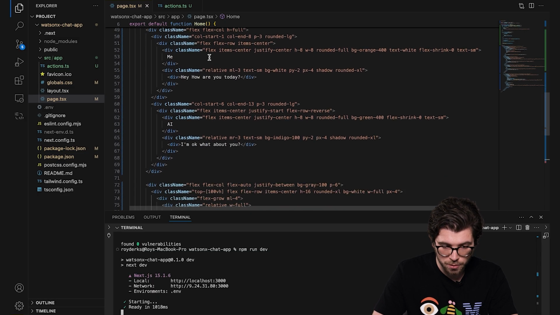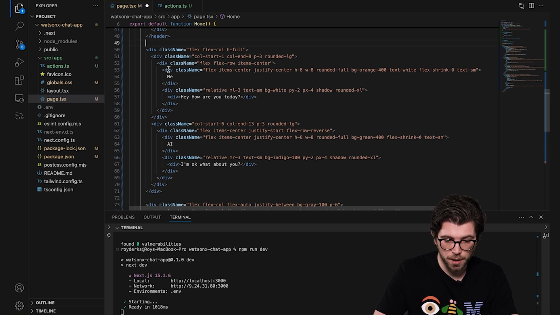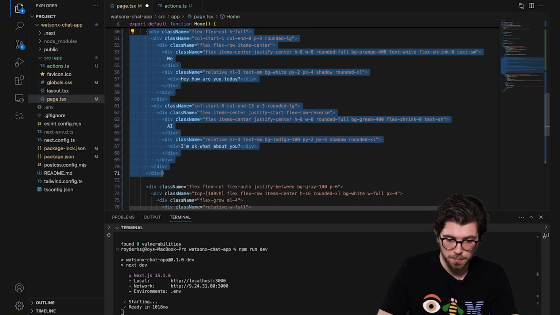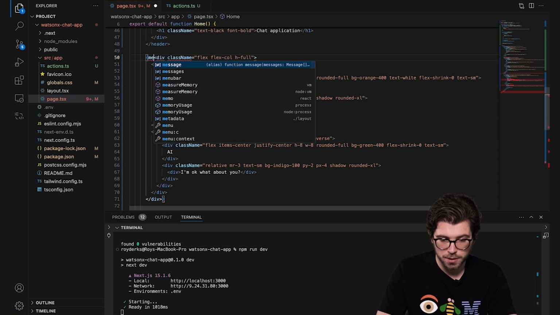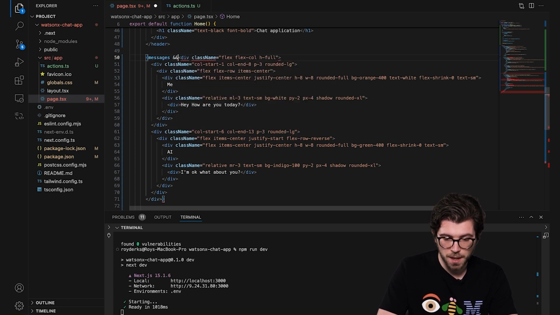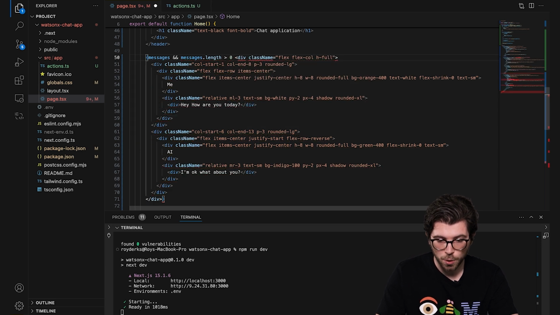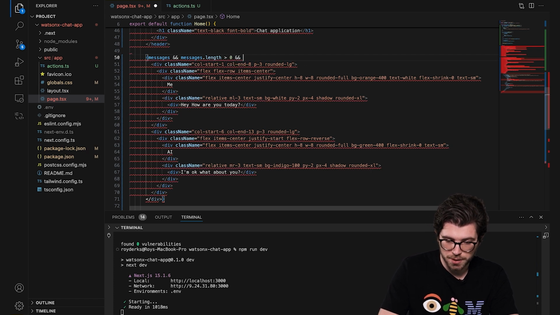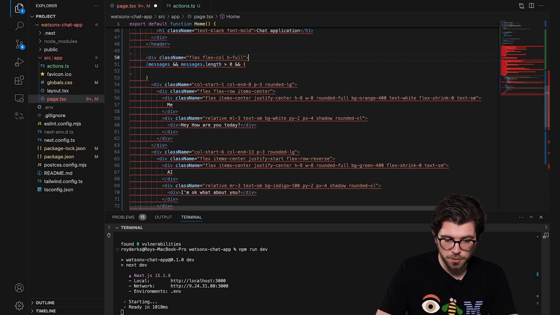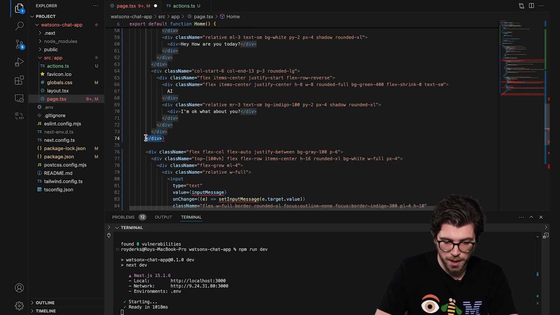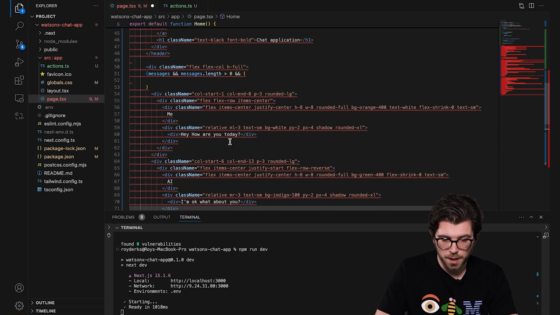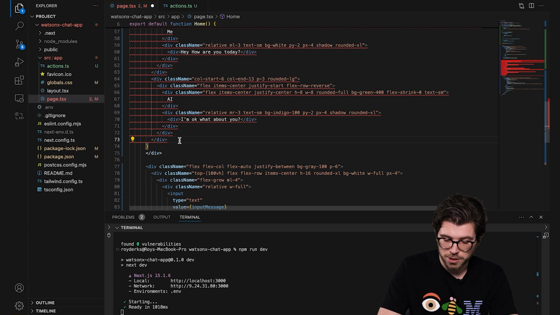For this, I'm going to this middle part. And in here, I need to check for the messages state. So I can put these around curly brackets, and I can say messages is there, and also make sure messages.length is bigger than 0. And once it's bigger than 0, I can actually start to render this component. Let me put this in the outer loop as well. So I'm going to put this inside the div, which is the div we already had before. And then inside this messages part, I can start to map over all the messages that we have in history.